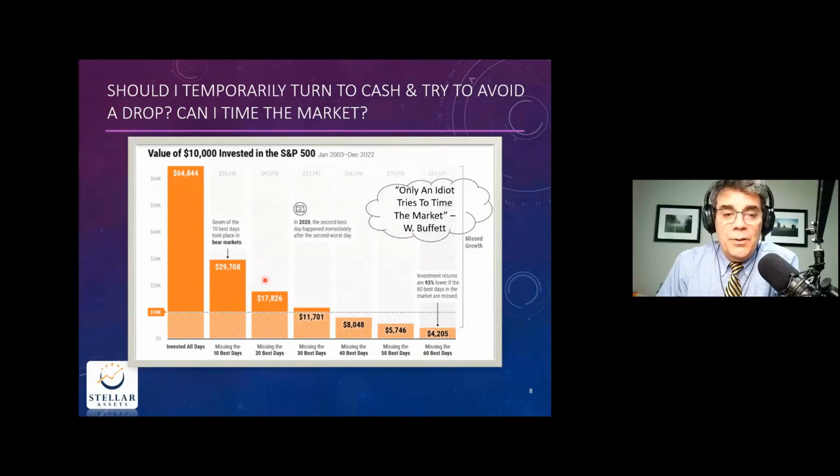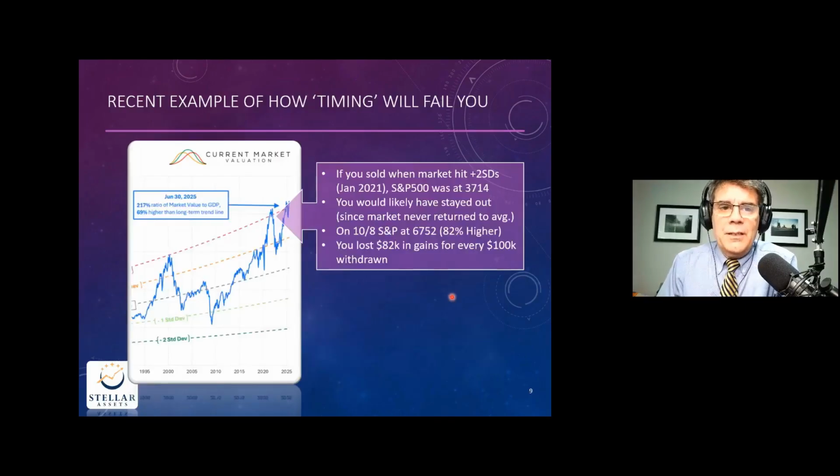Let's turn to another Buffett quote. Only an idiot tries to time the market. Don't be an idiot. He can't do it, and he recognizes it. I can't do it. No offense, but I don't think you can do it either, and you shouldn't try. But in case you were still thinking about timing the market, let's go back to that earlier slide, to the more recent time period,